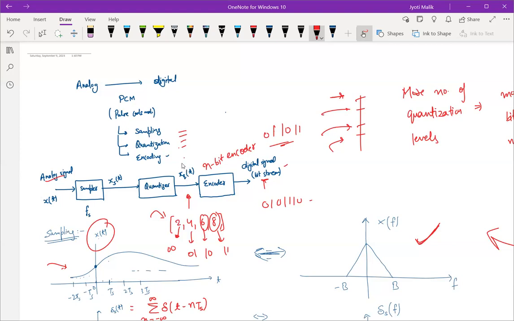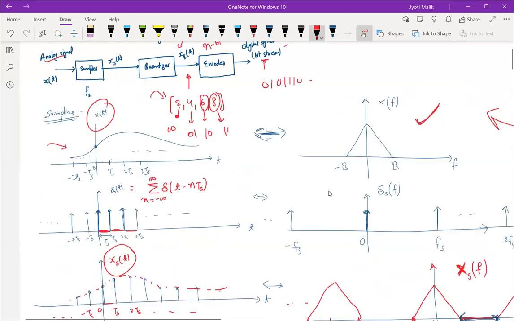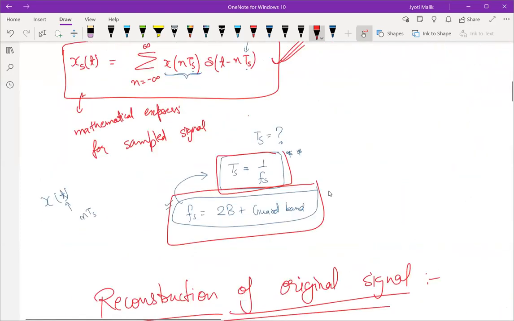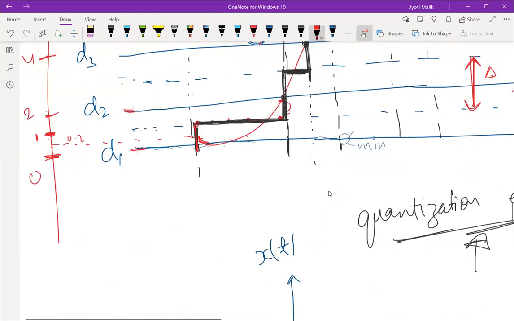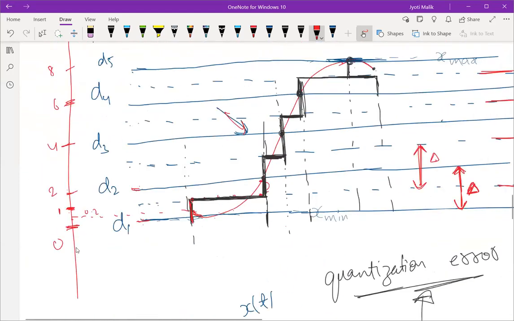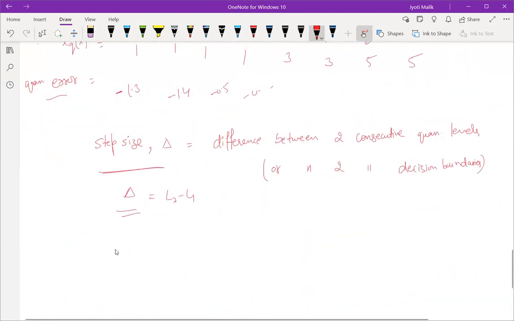The number of levels here should be 2 power n. Only then will this encoder be able to encode all of the quantization levels. So here we first have to know how many levels we can represent the signal with. If we have an n-bit encoder,